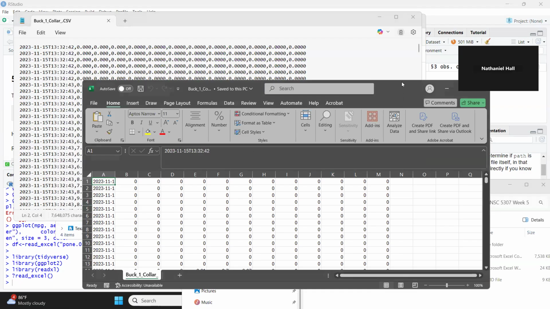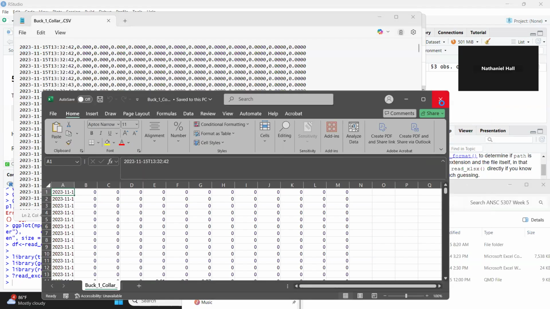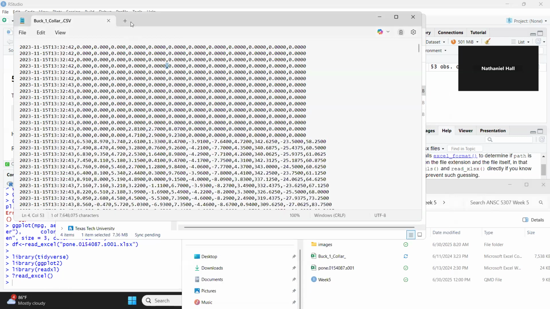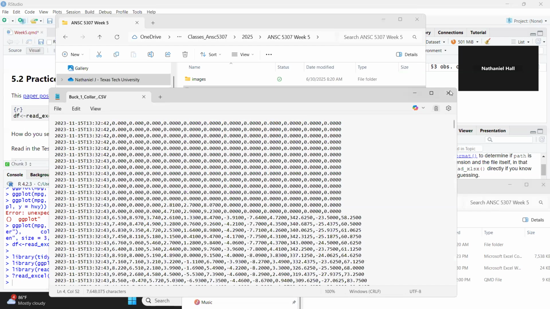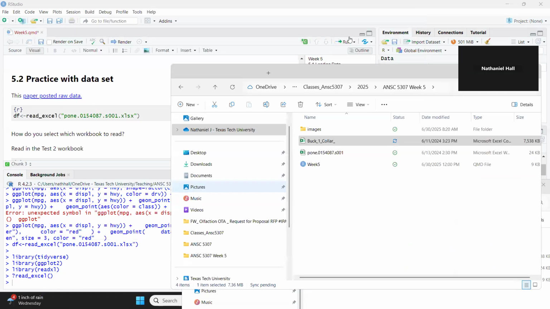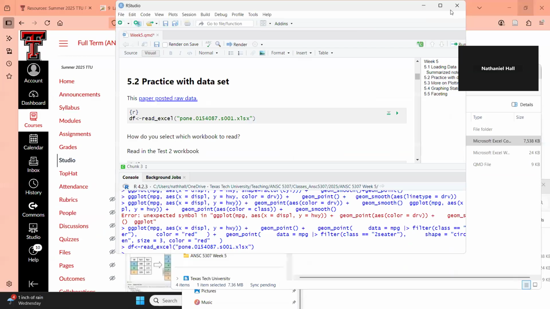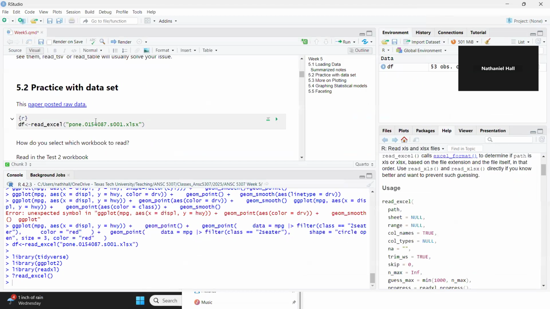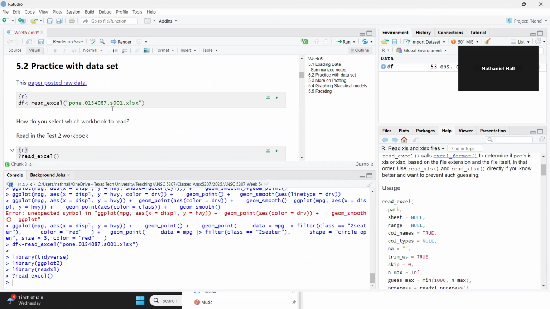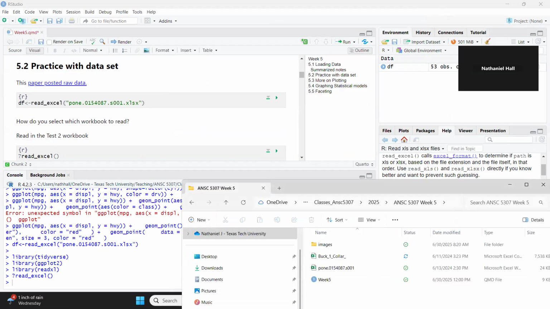Okay, so now getting back to the assignment I had left you on, or the task that you were looking at to try and solve. Let's bring this back up to the top. So now the question is how would you read different sheets of this document? So first, make sure you download this document and have it inside of your working directory, which I have right here. And if I wanted to go ahead and open up this Excel,